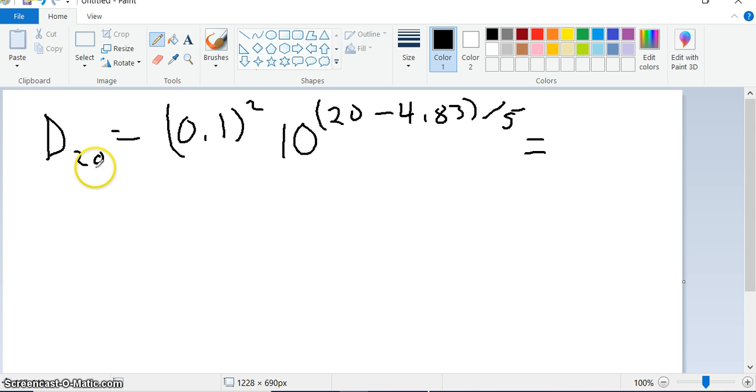All right, so I've set up the second equation for a limiting magnitude of 20. So again, it's the same equation, 0.1, because that's the size of the star, squared, 10 to the 20 minus the absolute magnitude of the sun divided by 5. So that turns out to be 10.8. And remember, this is in parsecs, so 10.8 parsecs. So with a telescope that can see to a magnitude of 20, you'd be able to pick out a brown dwarf